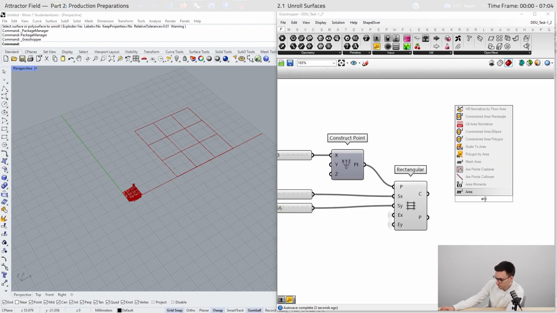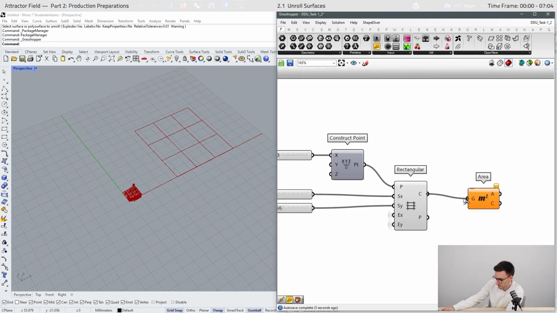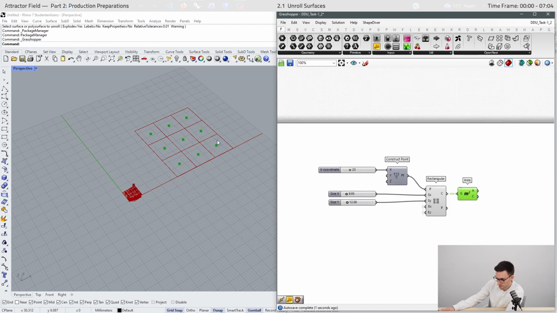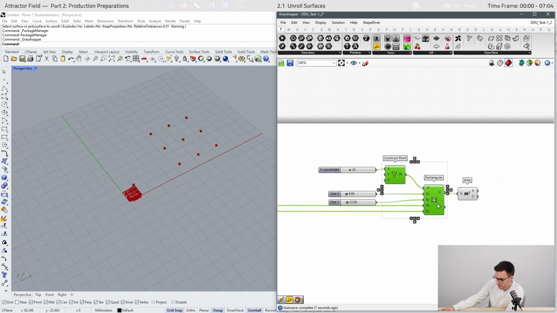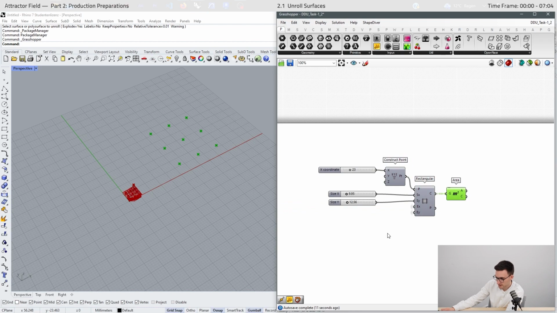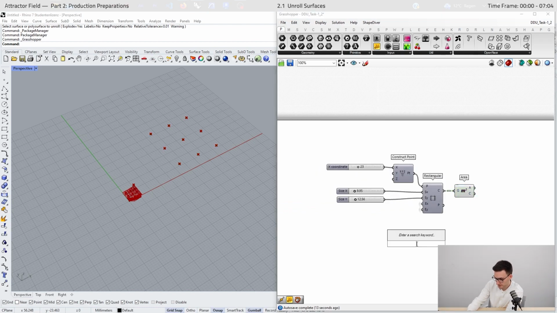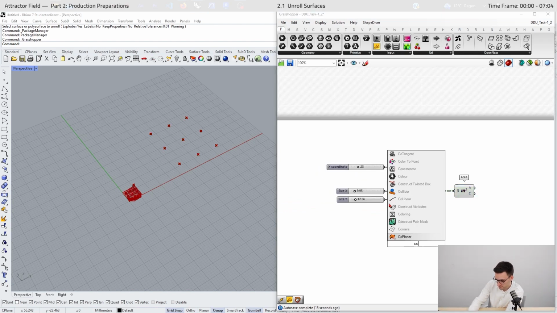Use the area component to receive the centroids, and we don't need the grid, so we can disable the preview. Here we have our points.